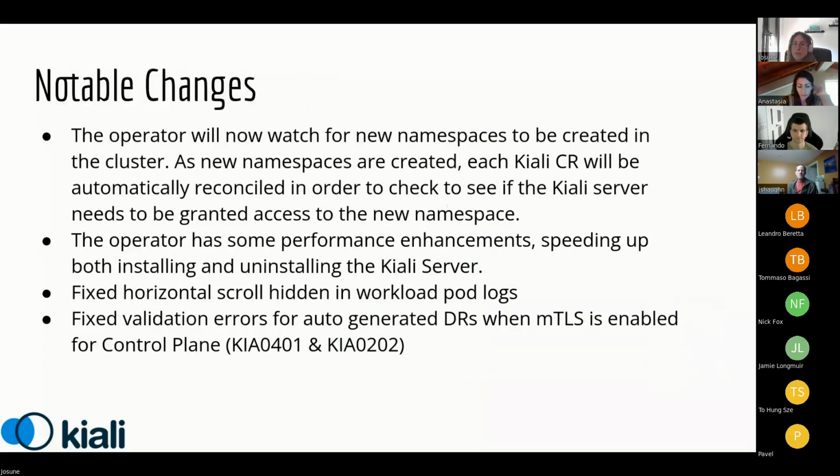When the log line was too large, it was not possible to see it. And with this fix, we hope to have it fixed in all the supported browsers. And also there was a couple of fixes regarding validation errors for when we enable MTLS in the control plane